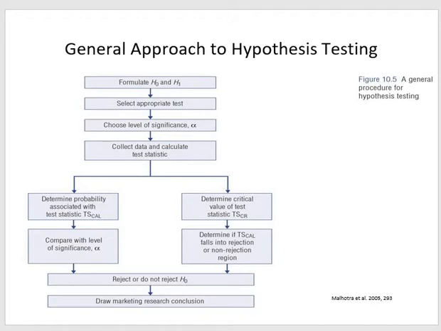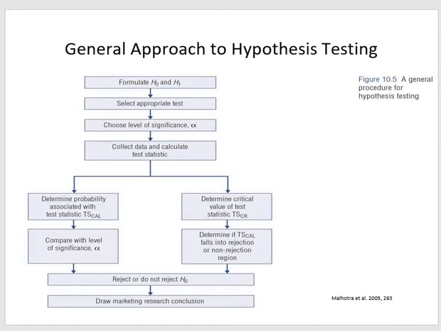Then next, compare with level of significance alpha. Once you have determined the probability, you have to compare that with your level of significance. If your level of significance is still high, you can either bring your level of significance a bit low, or you can take some measures to increase your probability. Both ways it is possible. And here you can determine if your test probability falls into rejection or non-rejection region. So if my probability is very low compared to the significance, then it will fall in the rejection region, and if it is not that low, if it is okay, then it will fall in the non-rejection region.